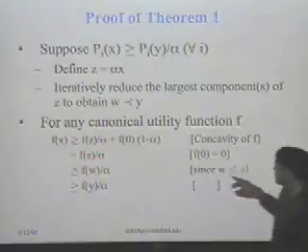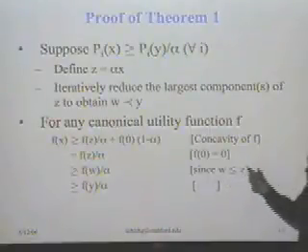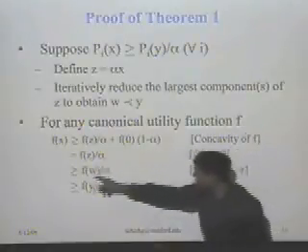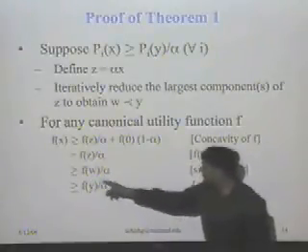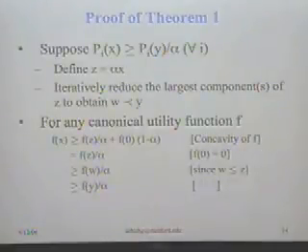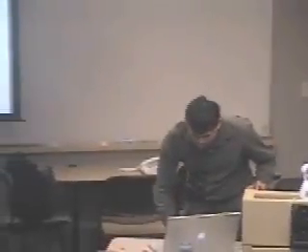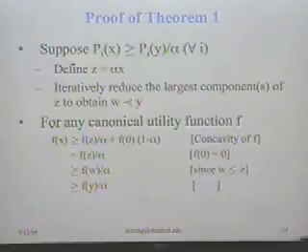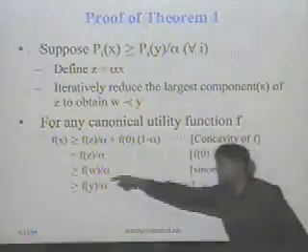But then because the function is non-decreasing, and I obtain w by reducing z, I get f(z)/alpha is greater than or equal to f(w)/alpha. But because w is majorized by y, that's greater than or equal to f(y)/alpha. So it's true for any canonical utility function. So I essentially proved the theorem that if you have alpha majorization, then you have an alpha approximation for all concave functions. And this crucial part comes from Hardy, Littlewood, and Polya: if w is majorized by y, then this condition holds.